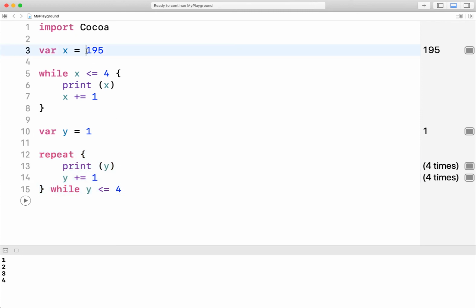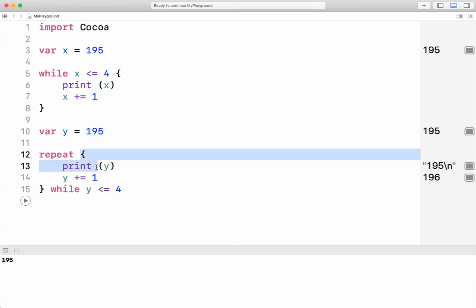You can see here, when we left x as 195, this Boolean expression was false, and so this while loop never runs at all. If we change this y value to 195, you'll see that it will always run at least once. And then it checks a Boolean expression. And as long as this Boolean expression is true, it will keep repeating. But because this Boolean expression is false, when y is equal to 195, this repeat while loop only runs once,